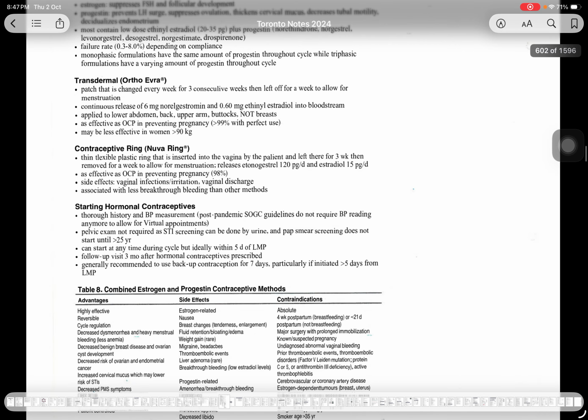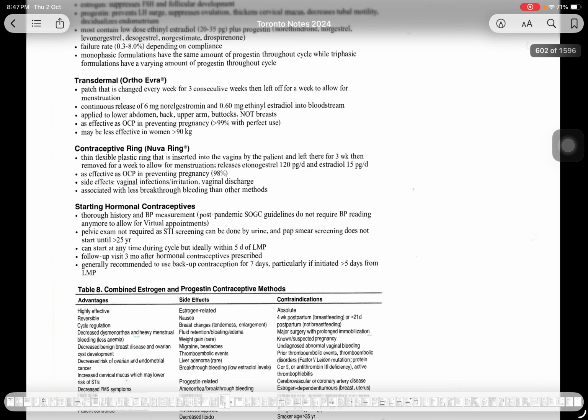The transdermal patch is changed every week for 3 consecutive weeks, then left off for a week to allow for menstruation. So it is put on for 3 consecutive weeks, and then left off for a week to allow for breakthrough bleeding. It gives a continuous release of 6 milligrams norgestromin or 0.60 milligrams ethinyl estradiol, which is estrogen, to the bloodstream, applied to the lower abdomen, back, upper back, or buttock,